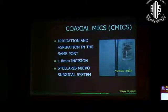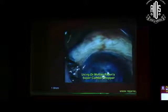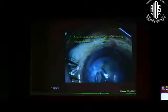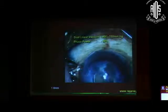So what is this 1.8 millimeter we are all talking about? Look at these videos. You will come to a conclusion right away. I don't have to argue in a debate. Hard cataracts, brown cataracts, black cataracts. You can see how this